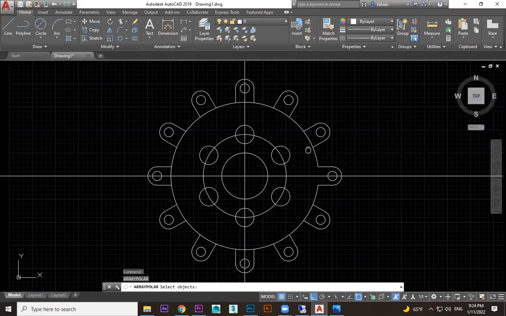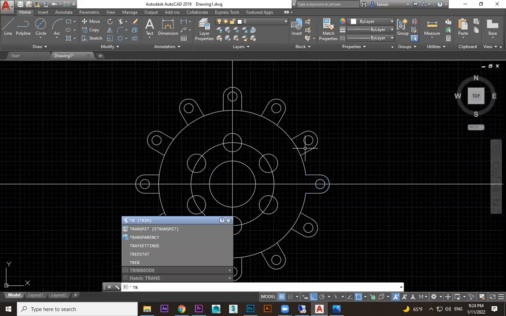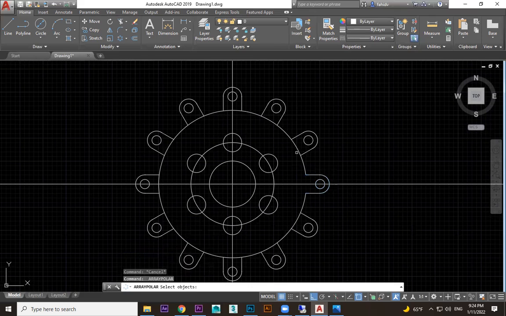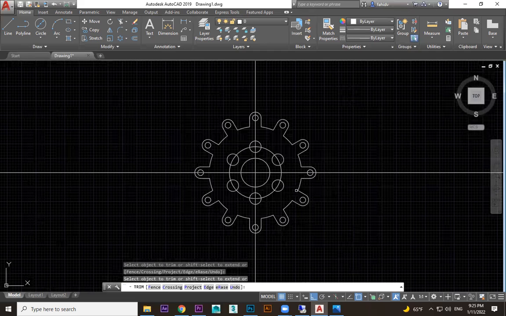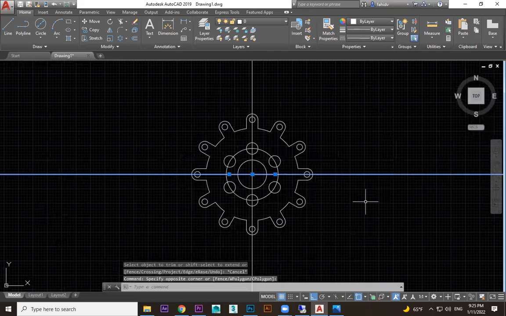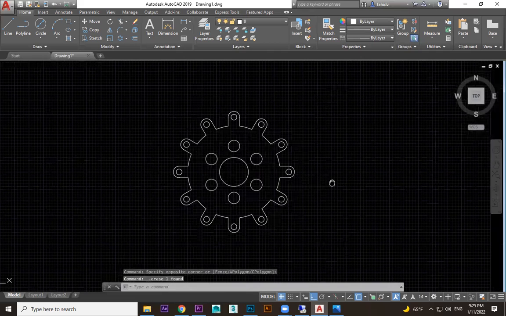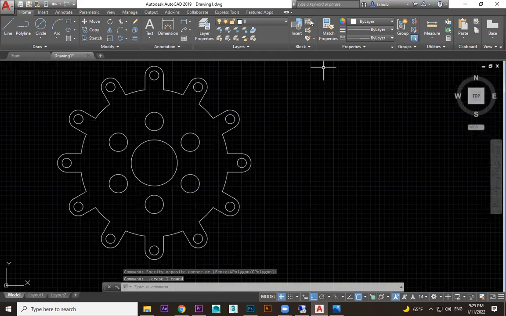12 items are there. Then I take the trim tool. Trim tool, TR is a shortcut, or from here. Then enter one more time. Trim, enter to execute it. Cut here, this. Actually, this is the final drawing. Okay. So just ensure once you finish this session, ensure you know polar array. This is the example of polar array.